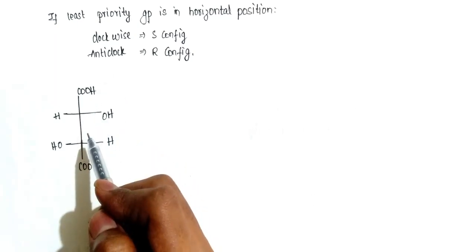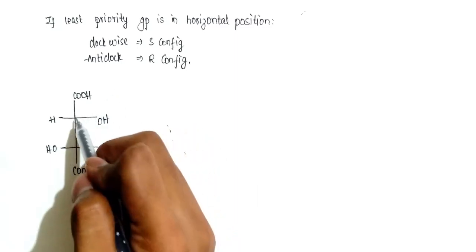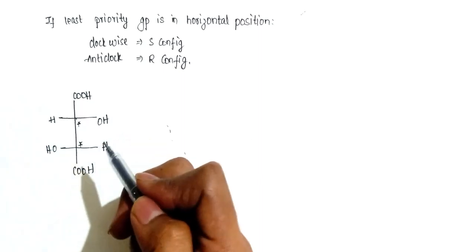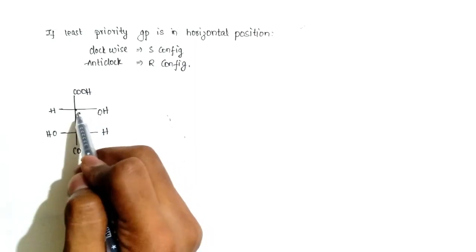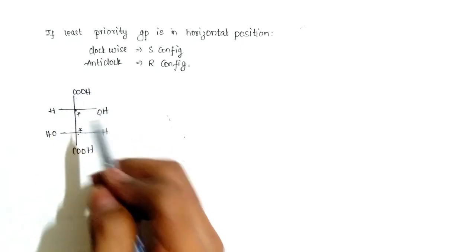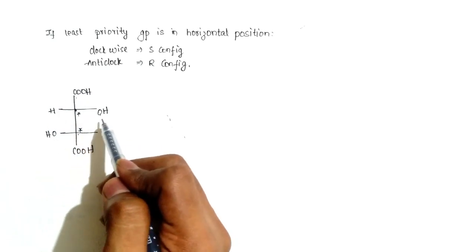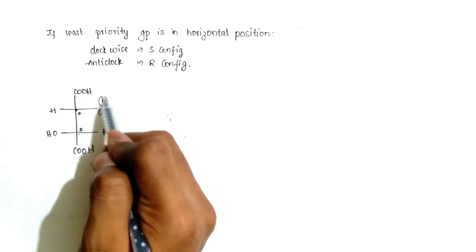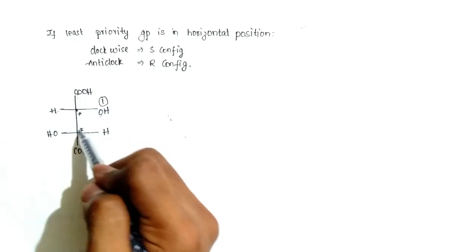This is tartaric acid. Now let us see how to give R or S configuration for a chiral center. Here this is one chiral center and this is the other chiral center. Now here for this chiral center, let us name it as R or S configuration. Here around this chiral center, O, C, H and again C are the four groups. Here when we see atomic number, first rule, we will get O as the first priority. Next in C and H, C has more atomic number, so there are two C's.